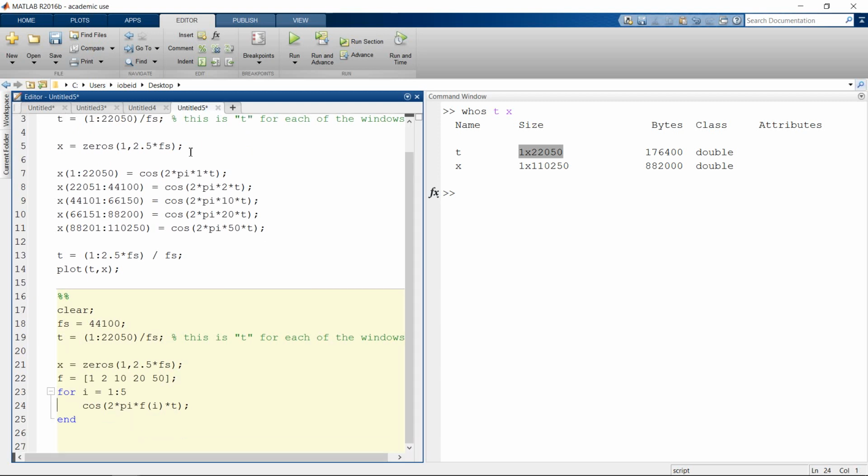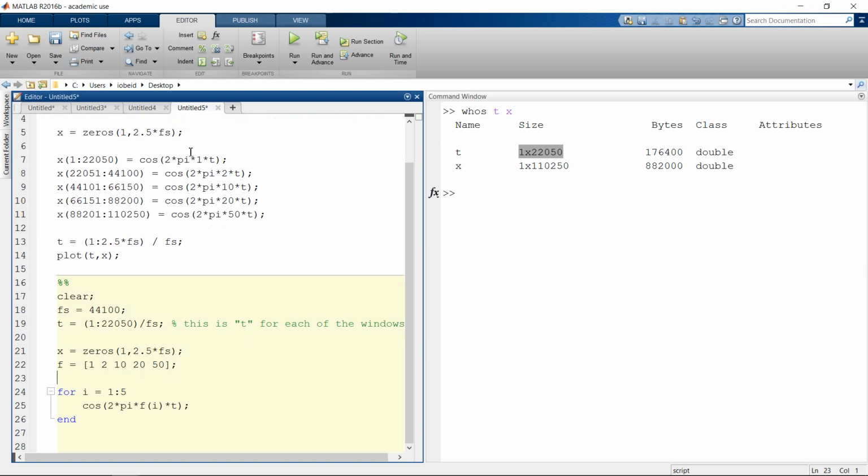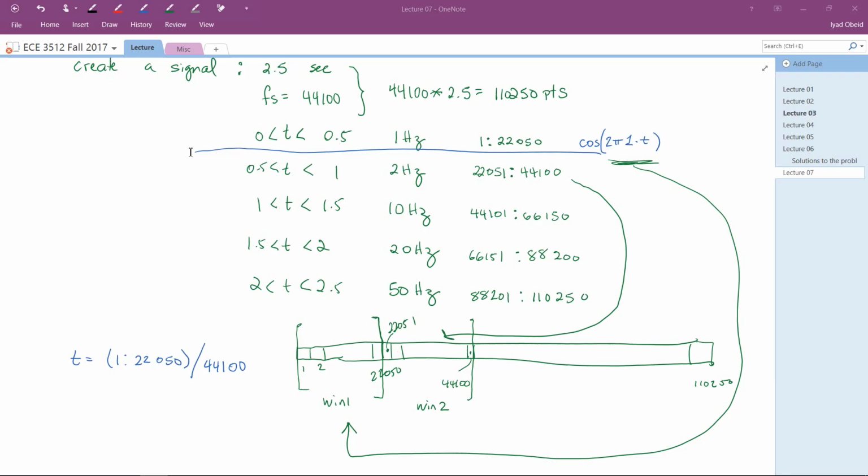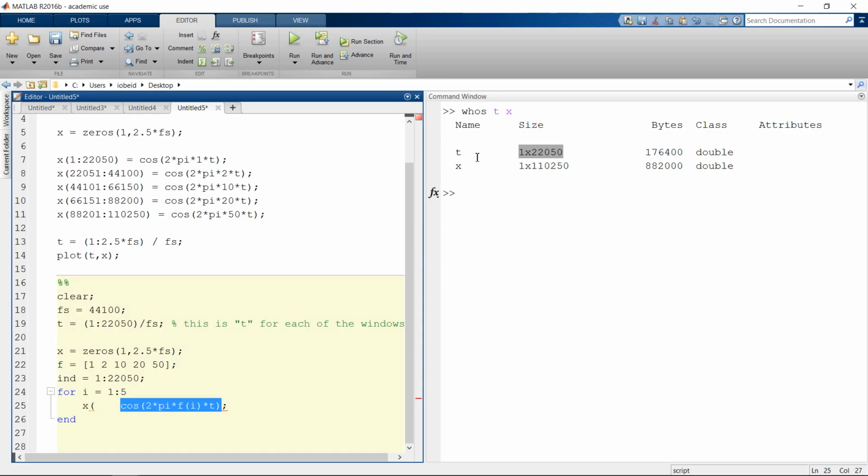So here's a pretty cool trick you can use. What if I start by defining an array called index, where index is equal to 1 to 22050? So in this case, on the first pass through the loop, where do I want to put this cosine? I want to put that cosine in indexes 1 to 22050. So if I just say x of ind,